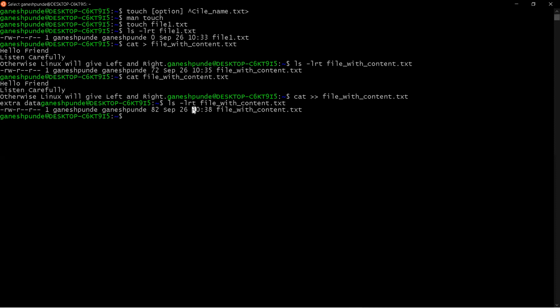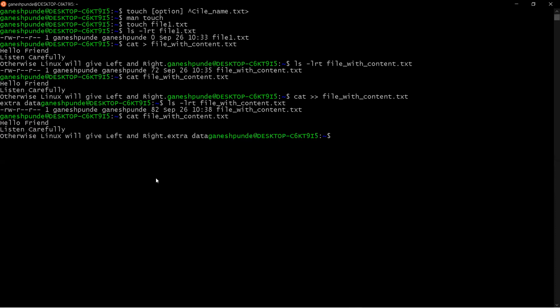So it means this file is updated with something. So what is that content? Ideally now, the hello friend, listen carefully, otherwise Linux will give left and right, and after that it will add the extra data. So if you see, you see extra data is coming here.